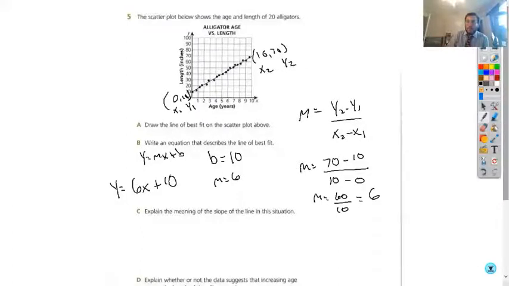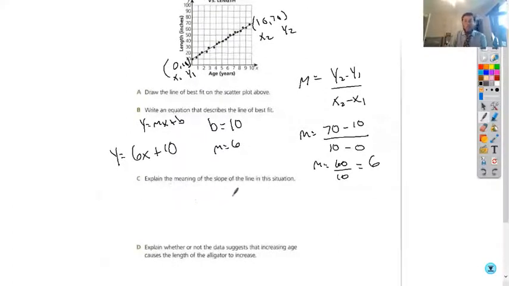And now if we continue down here, explain the meaning of the slope of this line in this situation. So whenever we're explaining the meaning of slope, one sentence frame we can use is we could say, as blank, which is our x, increases, then we could say blank, which are our y values, and then we say what they do. So as age increases, and we can even say how much it increases by. So as age increases,